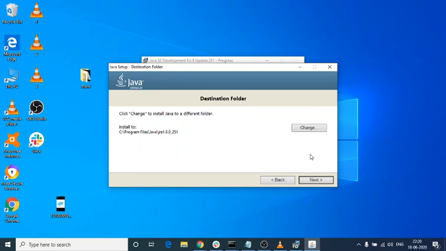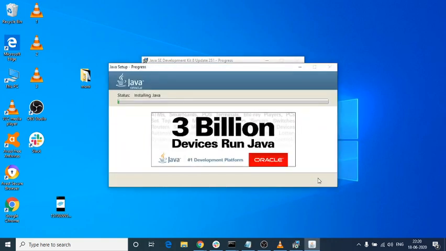It's your wish; you can change the location or you can continue with next. Now it's starting the installation of Java. Nearly 3 billion devices use Java.